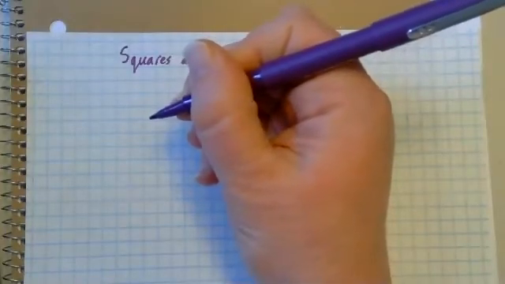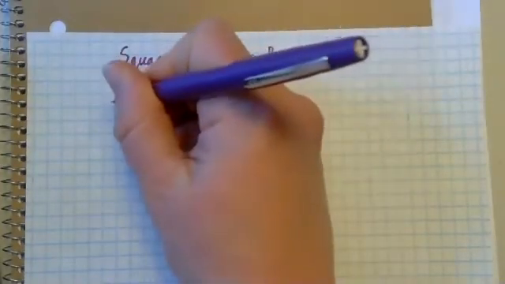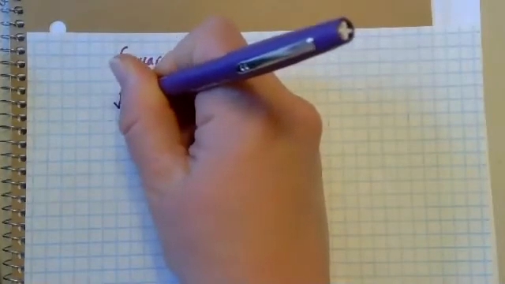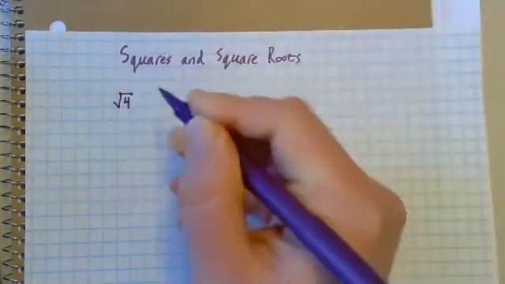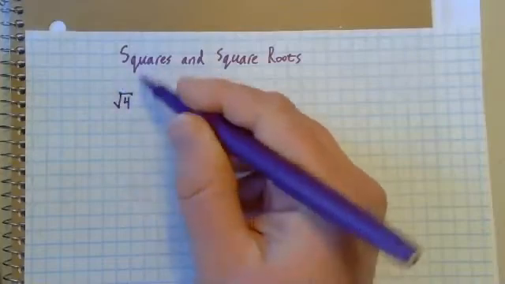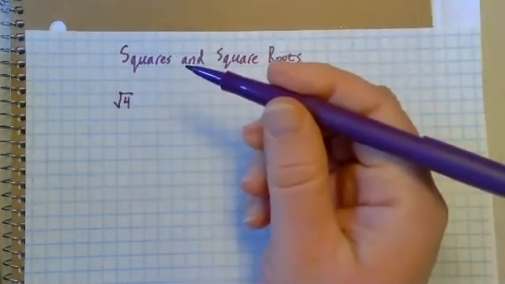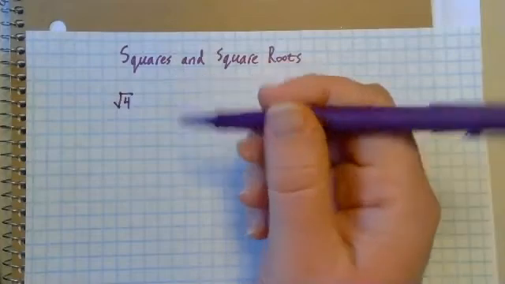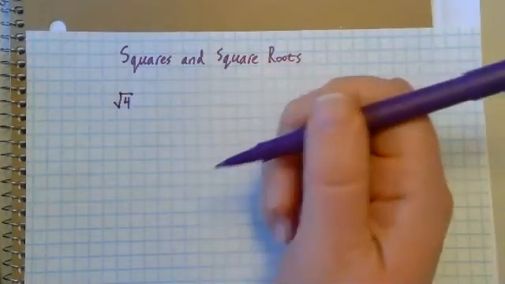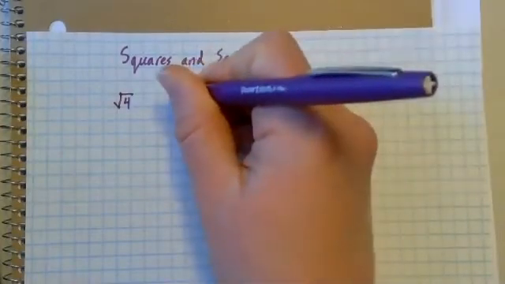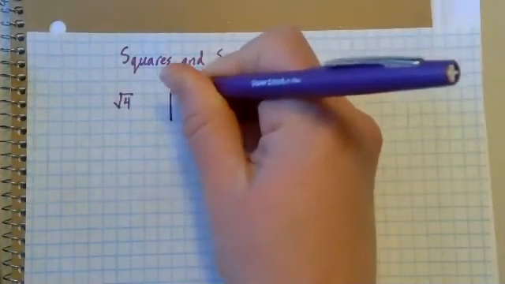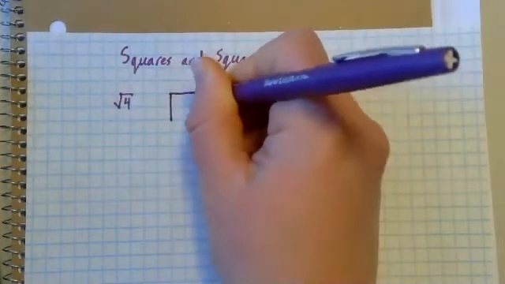So this is a little video about squares and square roots. You've probably seen this symbol before, which is saying to find the square root of 4. But why do we call it a square root? Why not just call it a 2 root? And if you think about it, it's because we're really asking, in a visual sense, the question of, I have